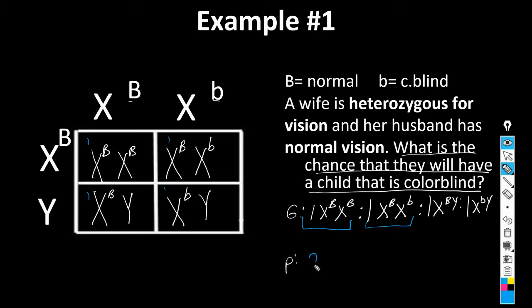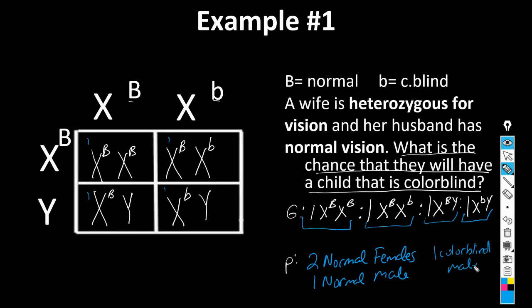So I would say that I'm going to have or predict to have 2 normal females. This individual would be a normal male for every 1 normal male. And then last but not least, this would be my 1